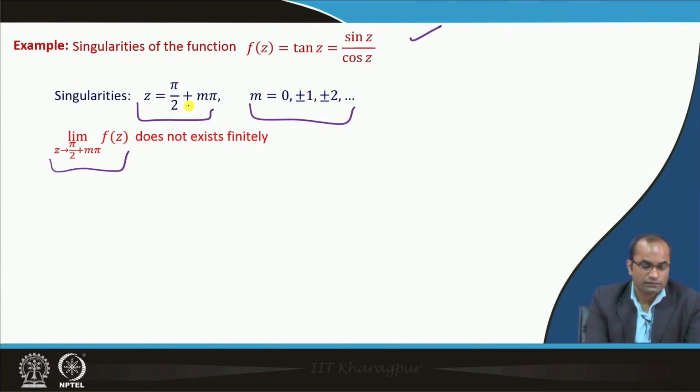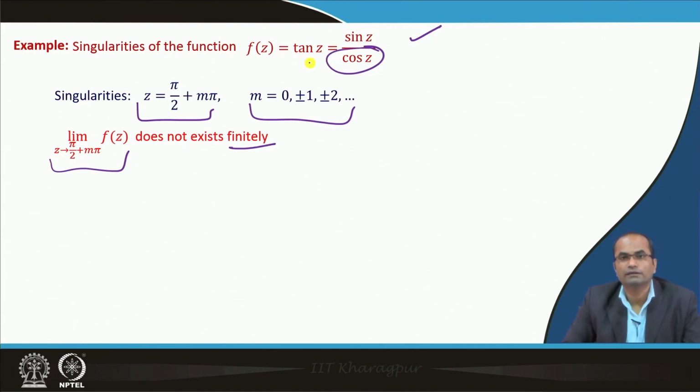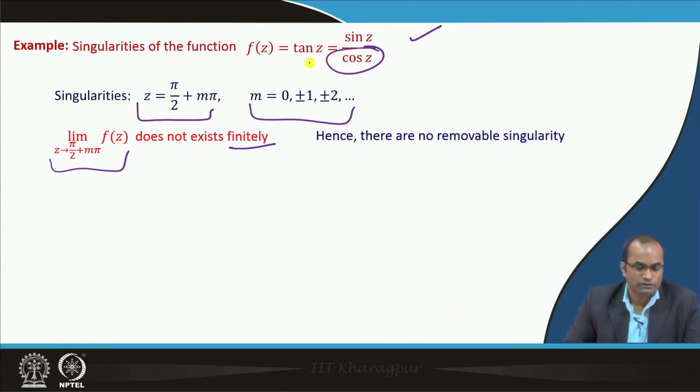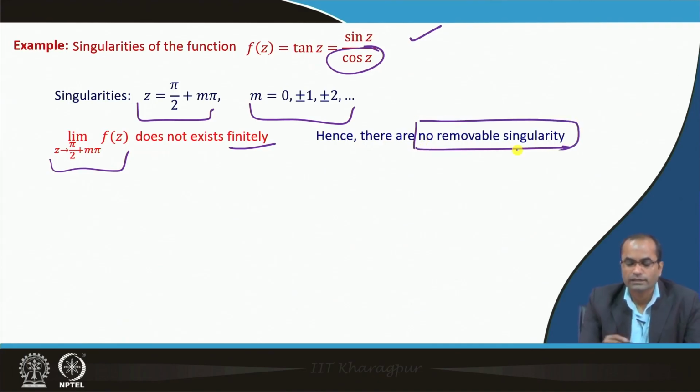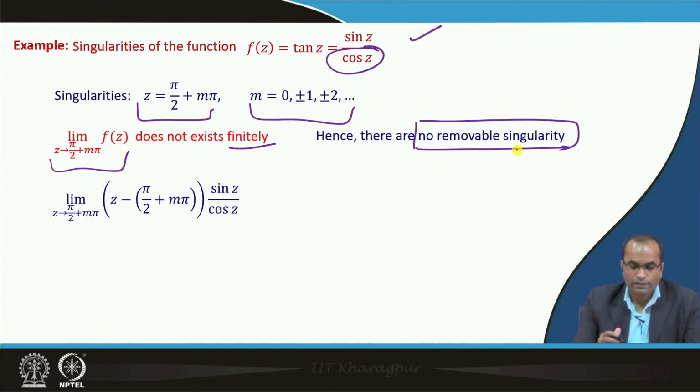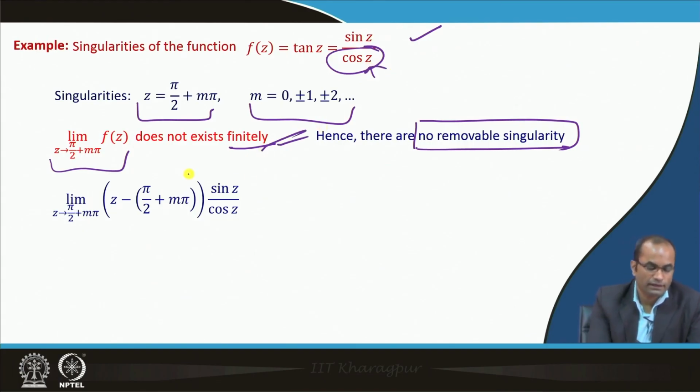It does not exist finitely because cos z will go to 0, so we have infinity there. Naturally, this does not exist. So it is not a removable singularity, and that is clear just by taking this limit itself, because the numerator, sin z, will approach 1 and the denominator will approach 0. So that will go to infinity. So it does not exist. So we will try now with